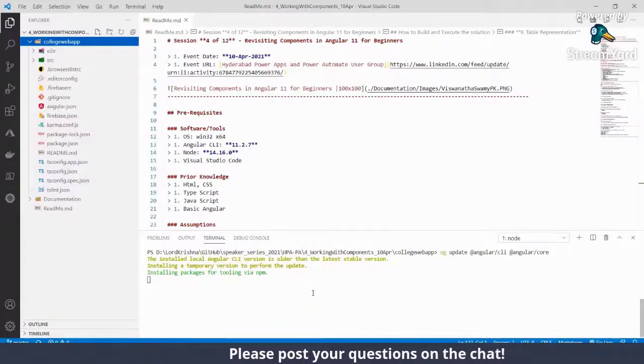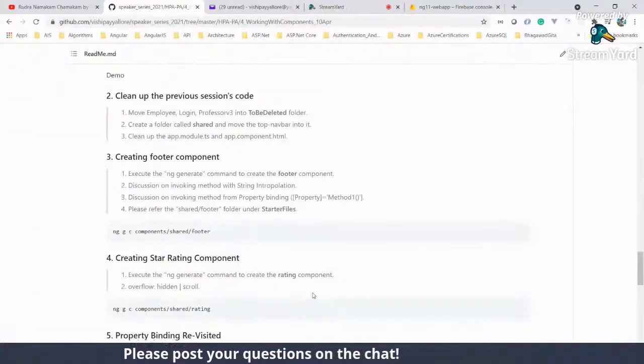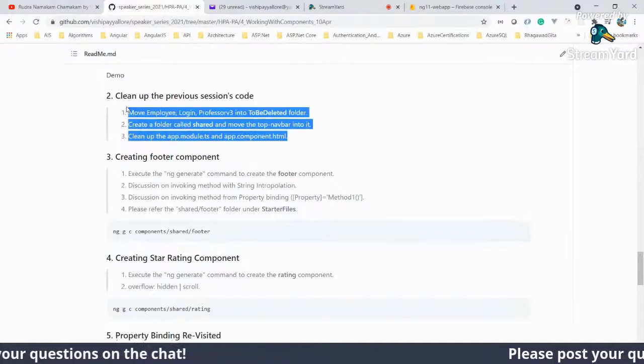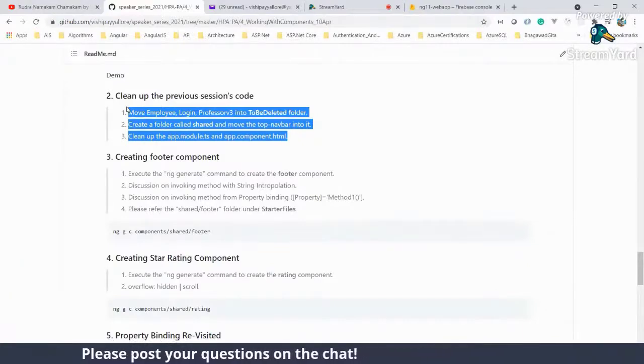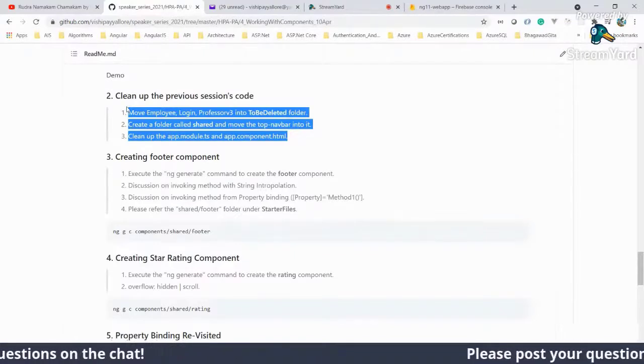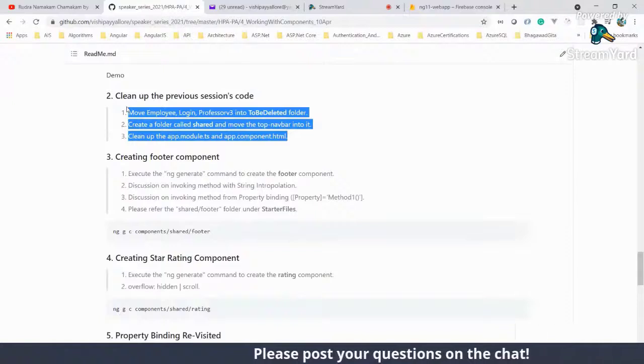So the first thing we are going to do here is a little bit of cleanup. For any decent mid-sized to enterprise or even small applications, if you organize based on the modules, it will be very easy to locate a particular file or functionality. Like you have an admin module or an employee module.